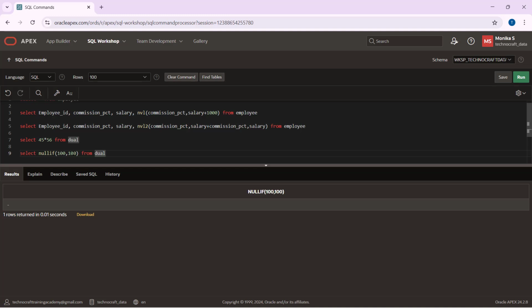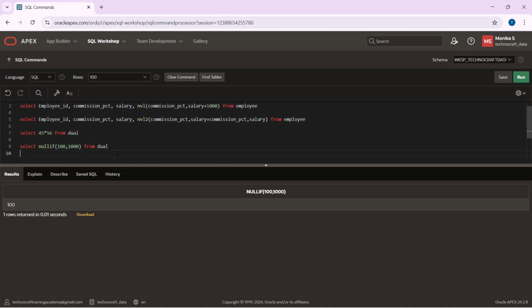If both the arguments are the same, then only we'll get a null. If both the arguments are not the same, then it will return the first argument as a result. So in this case we should get 100. Yeah, so we are getting 100. So this does not only work on the dual table, let's check some examples in the